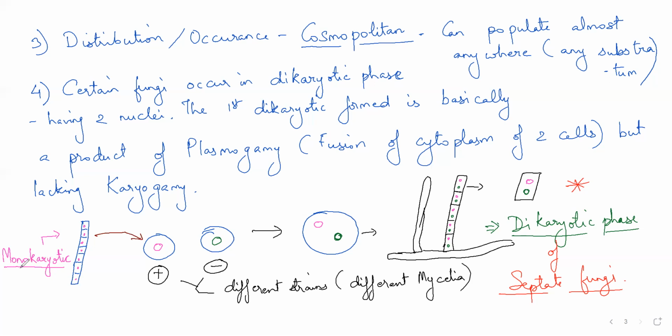ठीक है. तो सेपरेट फंजाई आप ये चीज कह सकते हो, they occur in two phases. Which two phases? The monokaryotic phase and the dikaryotic phase. राइट, जब सेप्टा होगा तभी तो पता चलेगा एक सेल के अंदर एक न्यूक्लियस है या नहीं है. अगर सेप्टा ही नहीं होगा तो आप कैसे कह सकते हो कि एक सेल के अंदर एक न्यूक्लियस है या दो न्यूक्लिया है? आप नहीं कह सकते. राइट,